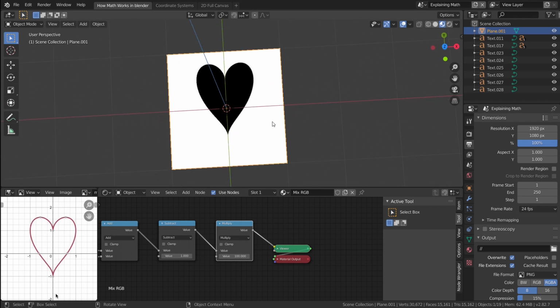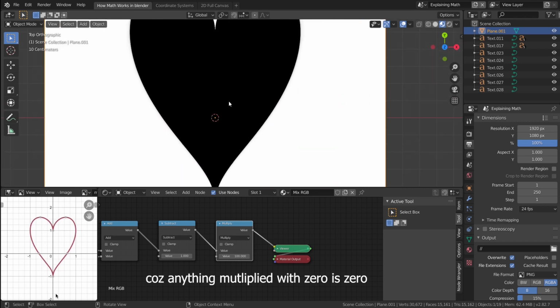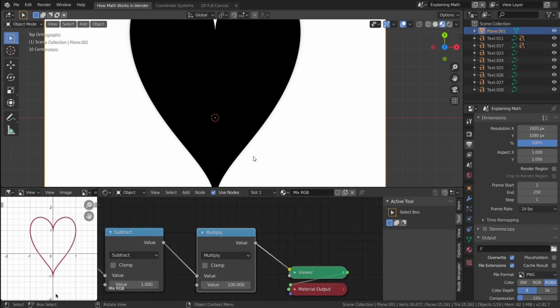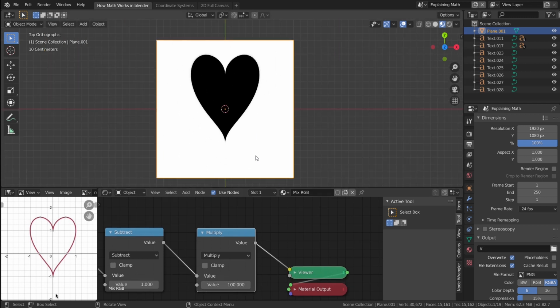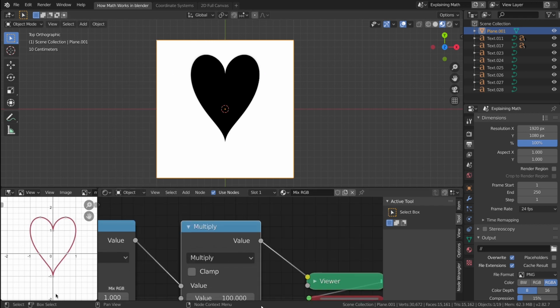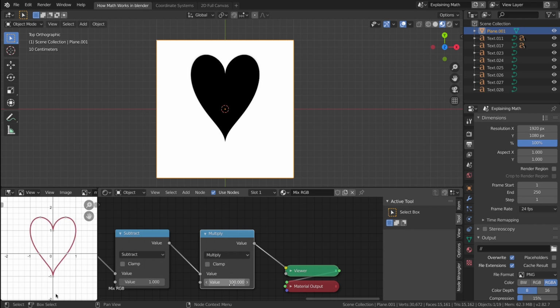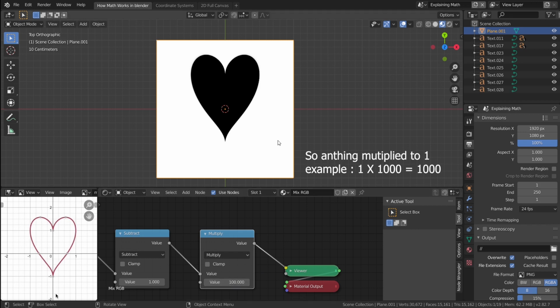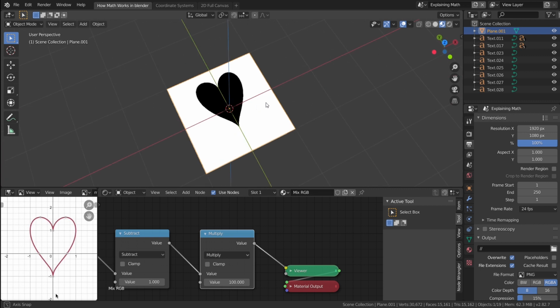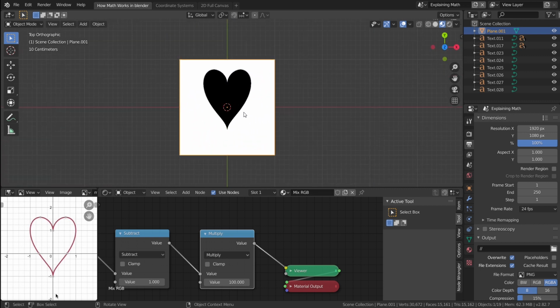The region with value 0 won't get affected. But we have an issue here. That is, we can see that the whole plane gets lighted up, and we don't want that. It happens because when we multiply the white value with a higher value, it's nothing but multiplying the value of 1 with a higher number. Any value that is higher than 1 in Blender starts emitting light. That's why we can see the emission look.